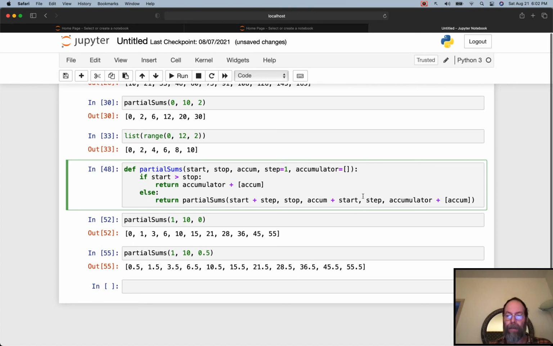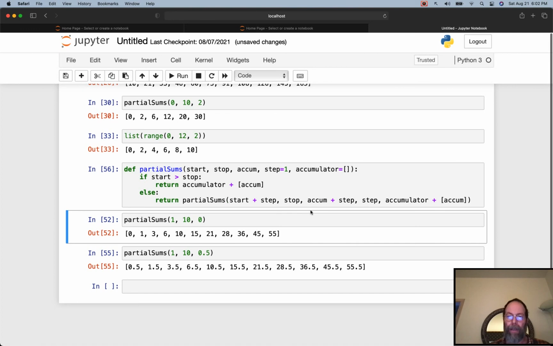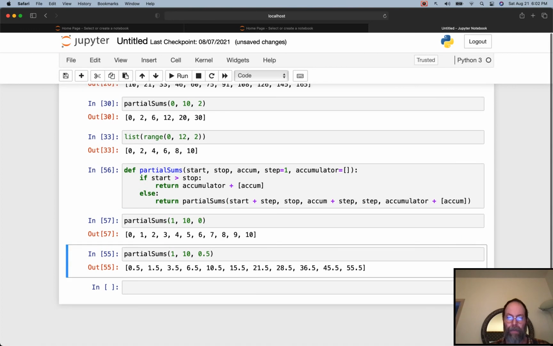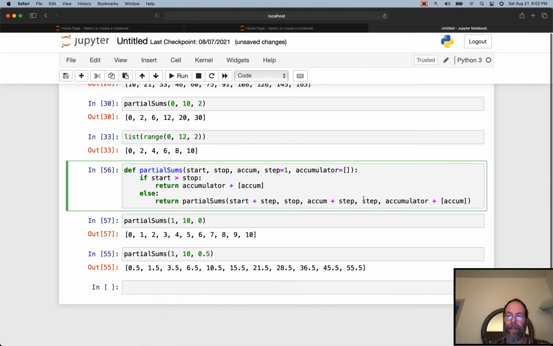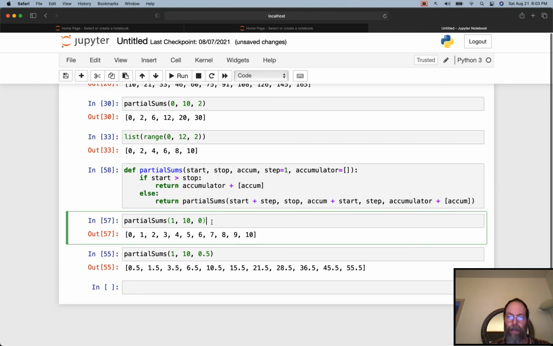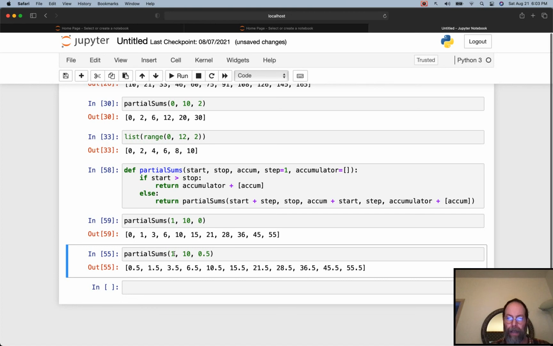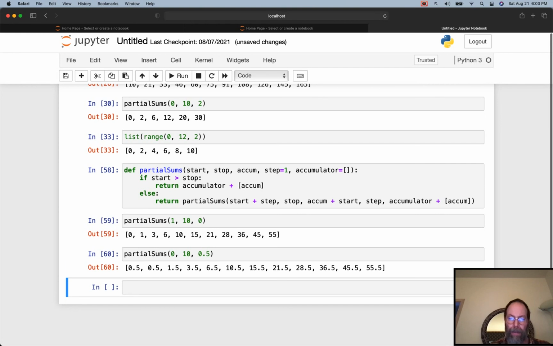Sorry. Accum plus stop. But that wouldn't quite make sense. But let me experiment with this. Hold on one second. No, see, that's not going to work at all, because then I just have a regular sequence. Yeah, so that's not going to work. And if we start with 0, yeah, but no matter what, I'm always starting with my accumulator, unless,